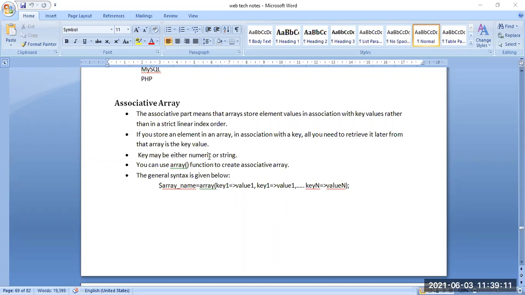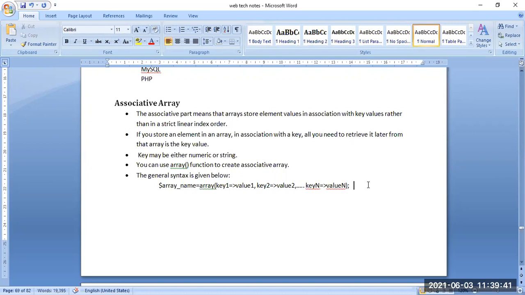Here is the syntax: we give an array name, then array with key 1 denoting value 1, key 2 denoting value 2, and similarly key n denoting value n.